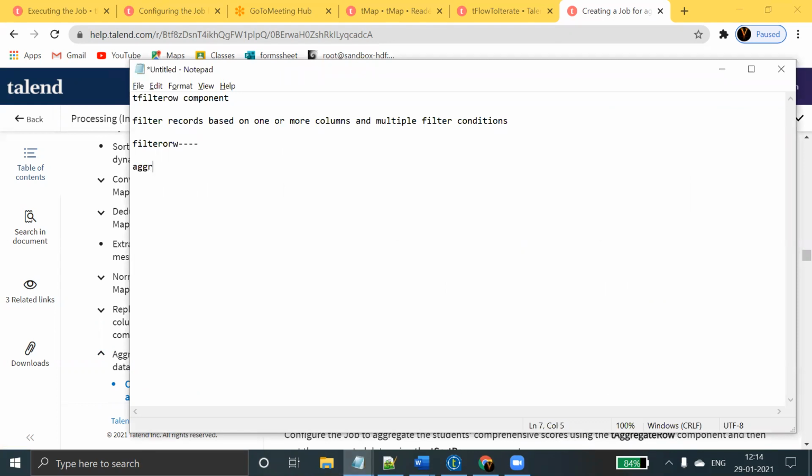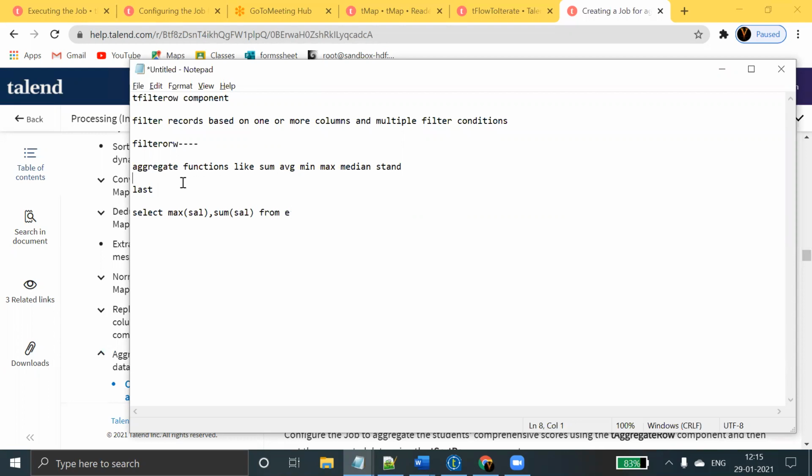The aggregate functions are like sum, average, minimum, max, median, standard deviation, or last, if you want to pick from the group. Suppose you are doing a group of records. Let's say a simple query selecting max salary or sum of salary from a table.